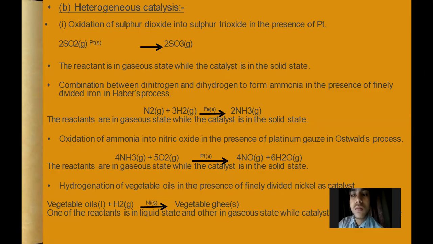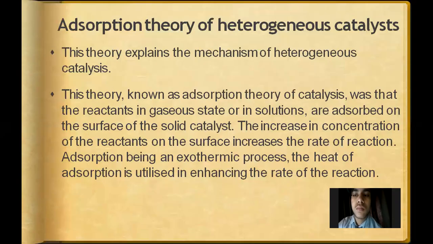Adsorption is very commonly seen where the adsorbent, on which we are adsorbing something, is solid, and the adsorbate, which is going to be adsorbed, is in a liquid or gaseous state. In this situation adsorption is most common and it can go easily. All right. The increase in concentration of reactant on the surface increases the rate of reaction. As the amount of the reactant increases, how does it increase?